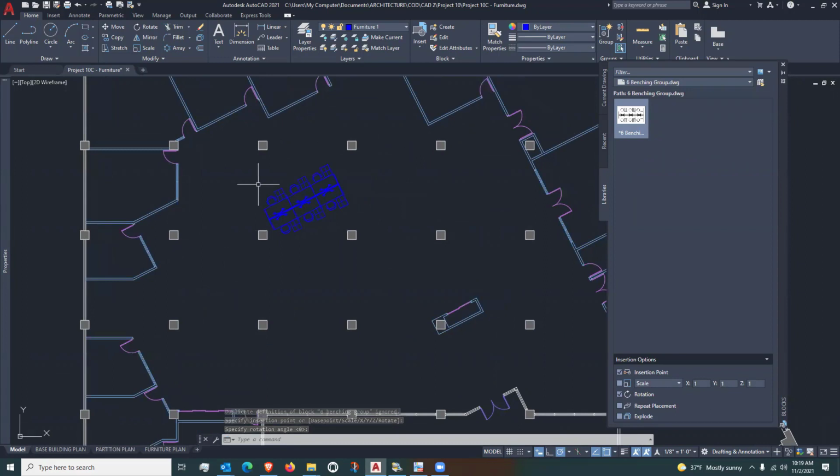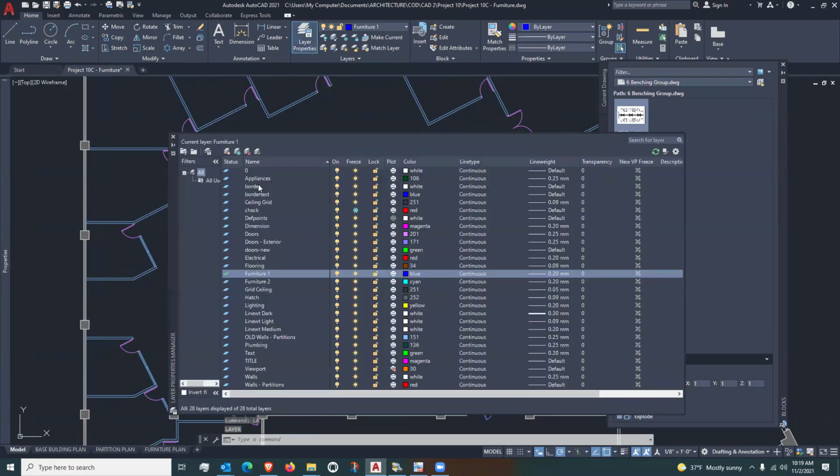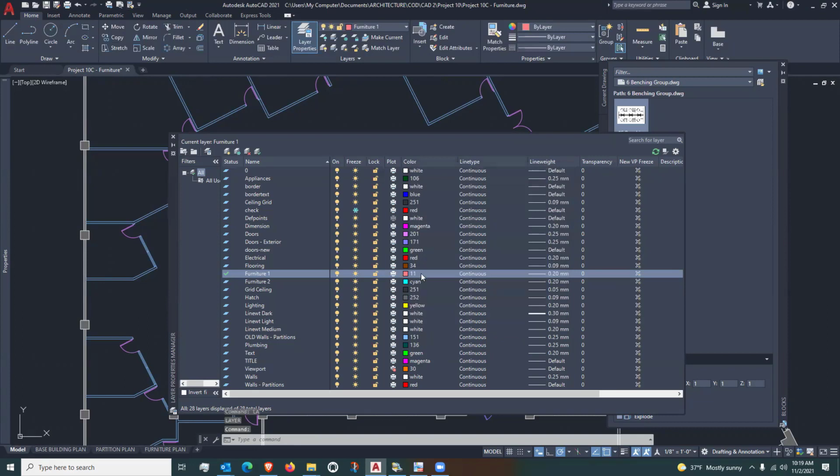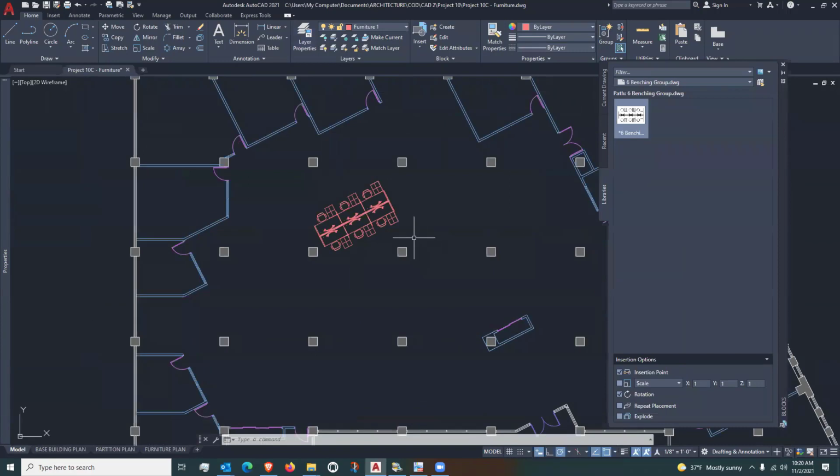Okay, so this dark blue is not working for me. I don't like the color. I think I've said it before, so I'm going to change it. So I'm going to go to layer, and that furniture 1 layer, I'm going to change to color 11. It's actually the color that my office uses for furniture. And it's pretty common. So either 10 or 11 are really the common colors for furniture. So now there we go. You may be used to seeing it in the dark blue, so now you've got to reacclimate to